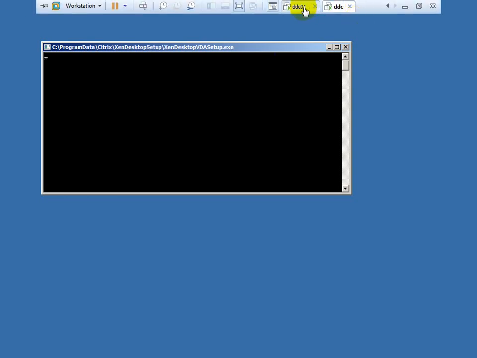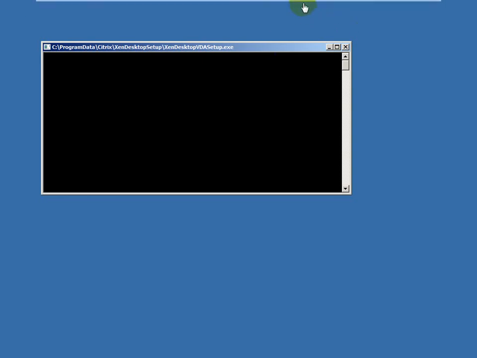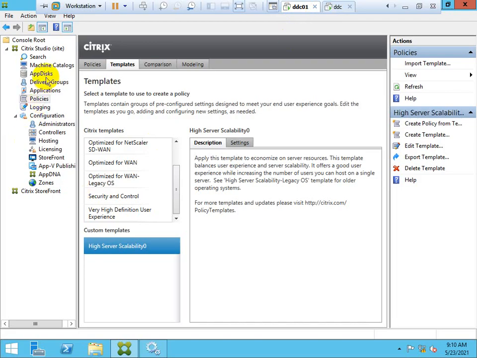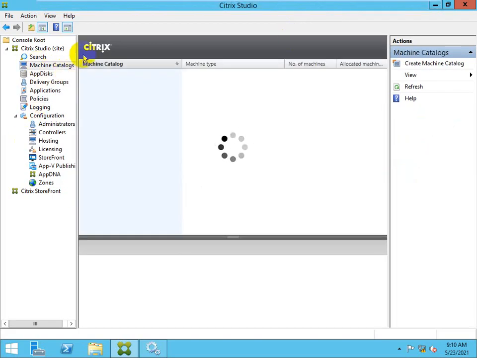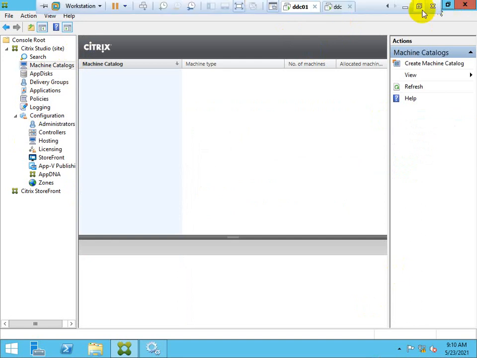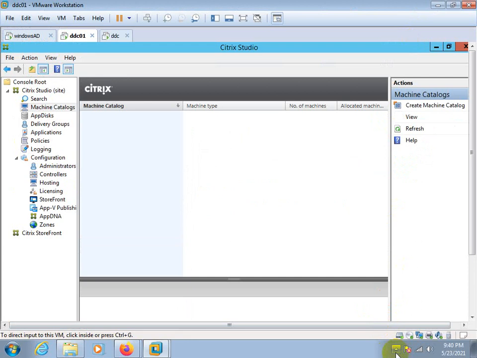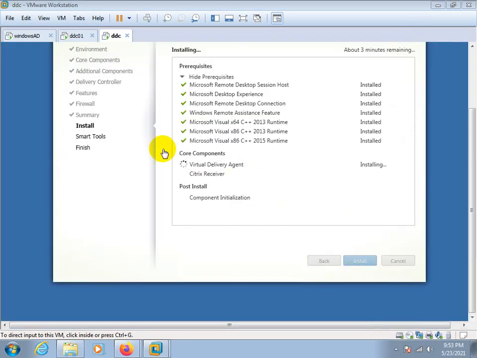Actually, installation is still going on the VDA server. So once the VDA completes, then we will create the machine catalog. I think someone has created the machine catalog. Who has created? Santosh or Durgesh. Still installing the virtual delivery agent.